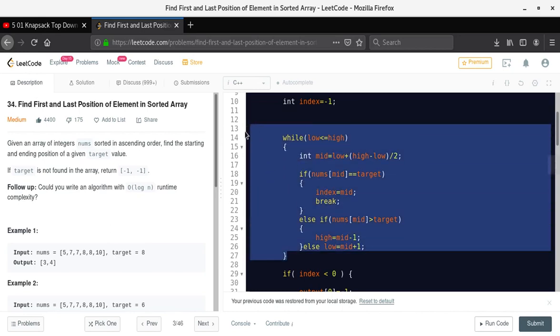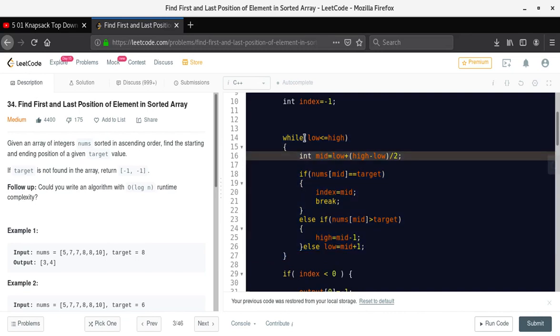Now we are applying binary search. This is the binary search code. Here we are applying a while loop till low is less than or equal to high, and we are taking mid equals low plus (high minus low) divided by 2. We are doing it like this because if we have very big integers, and we add low and high, both very big, they can overflow, right?